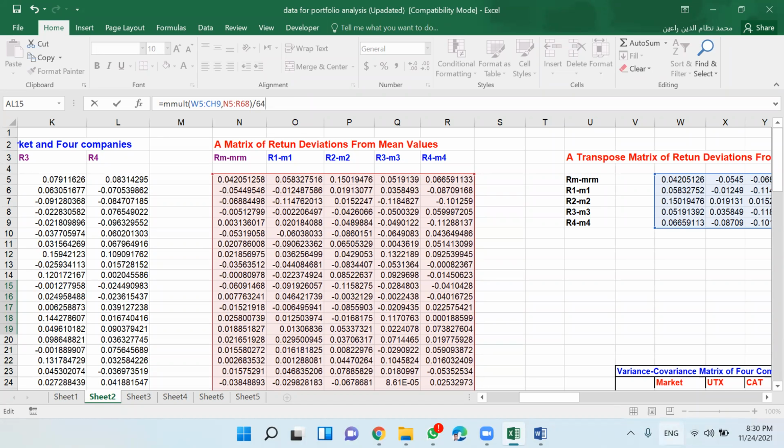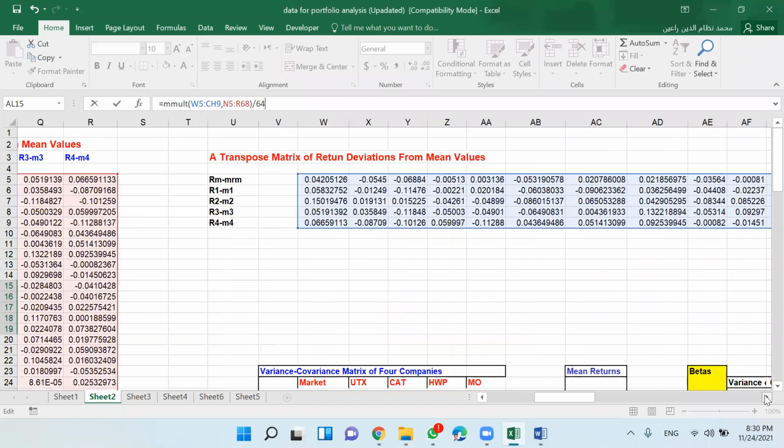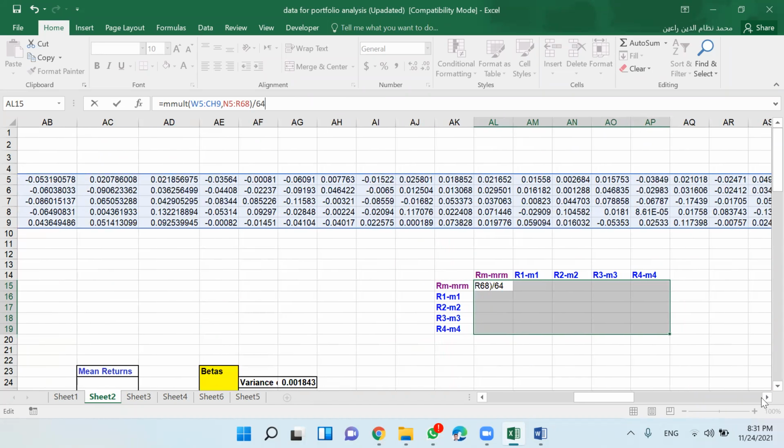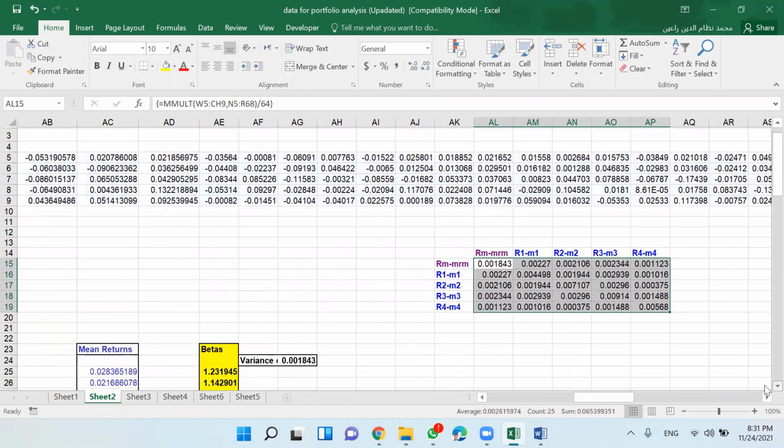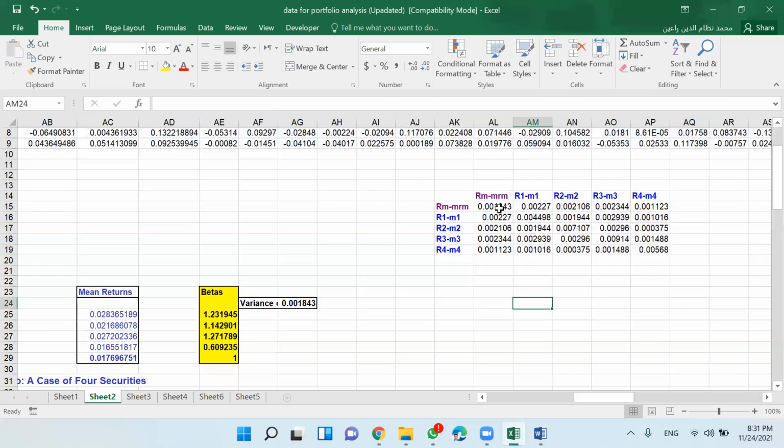And then press Control, Shift and Enter together. So you have this variance covariance matrix. Now let me make it yellow to show my variances. These are my variances, so that I know I am not picking up a wrong number.